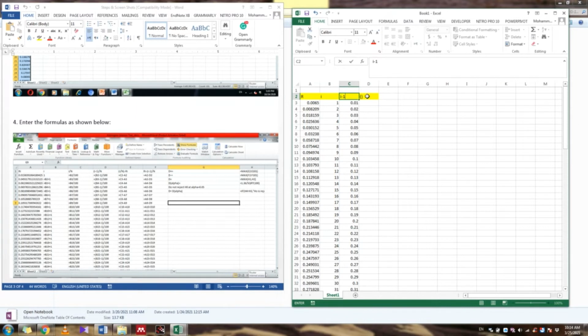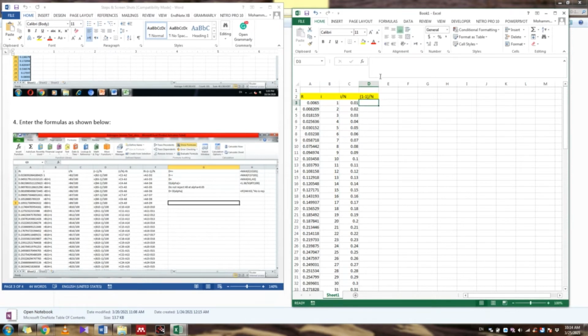Now next you have to do i minus 1 divided by N. N is capital N because N is the number of random numbers.